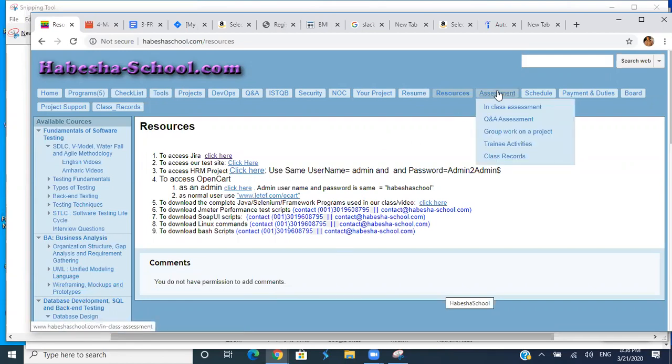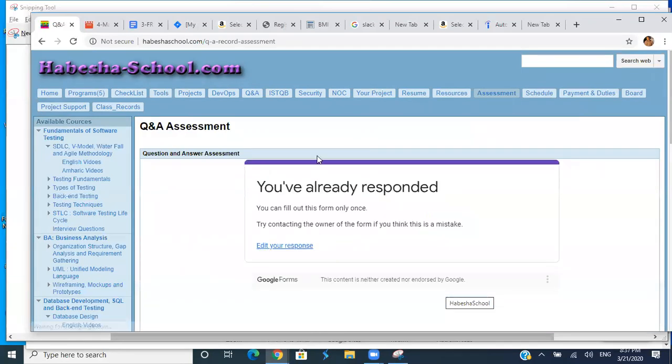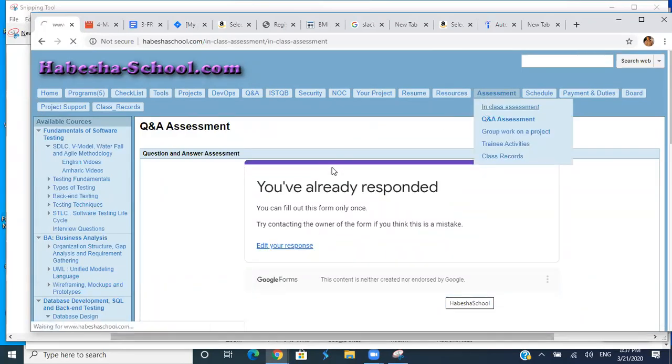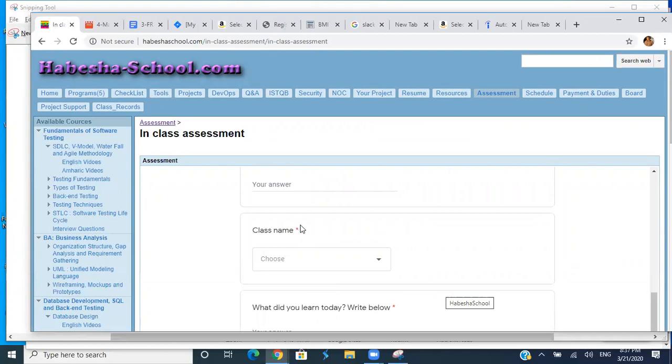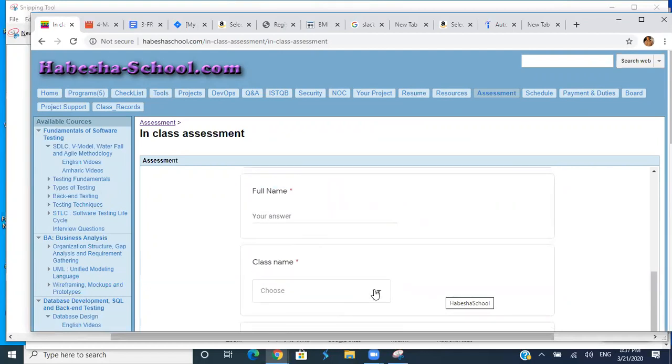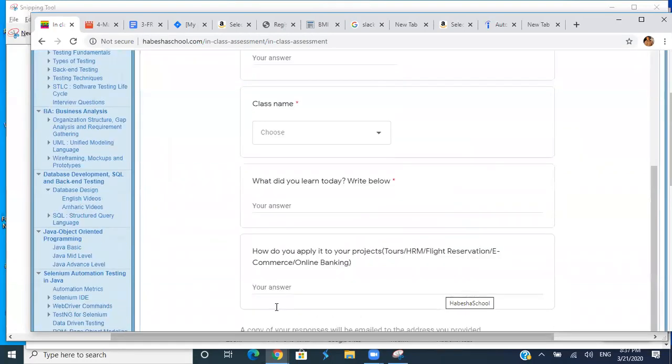Assessment till last batch. Everybody, after the class, should write what they understood. They should fill this form, everybody, and we will collect that. What you studied, which program you studied today. You will pick software testing, business analyst, or database, and then what you learned today and how you apply it to your project. These are the questions. Then I stopped using it for the last batch